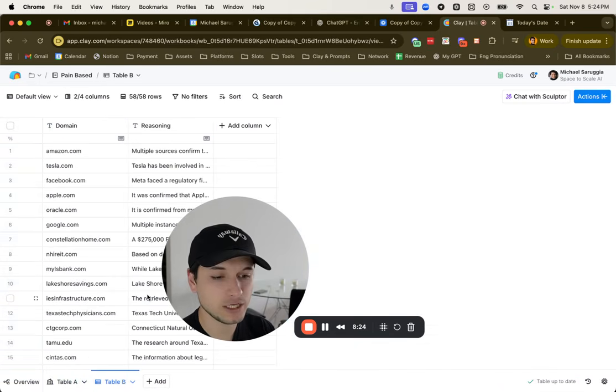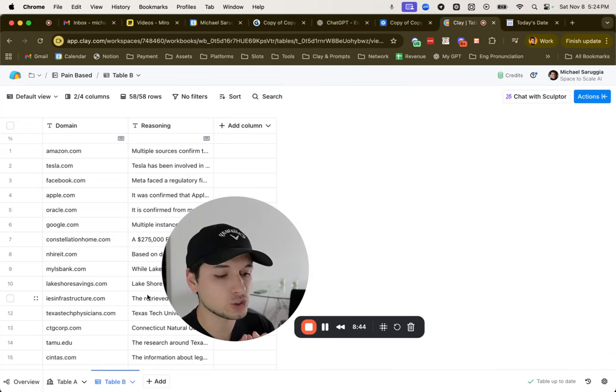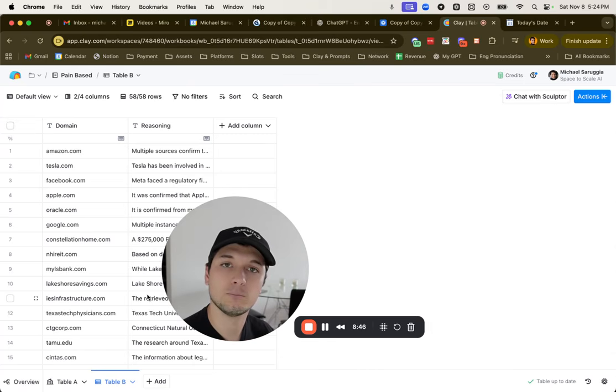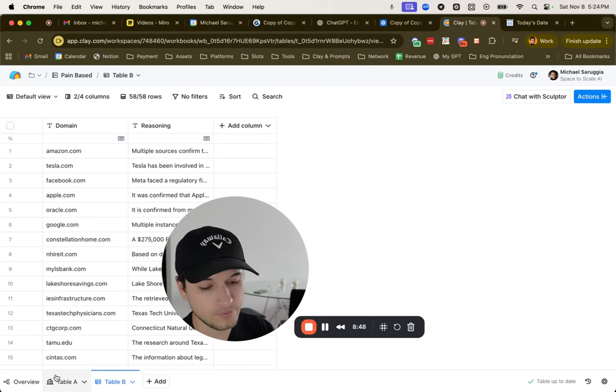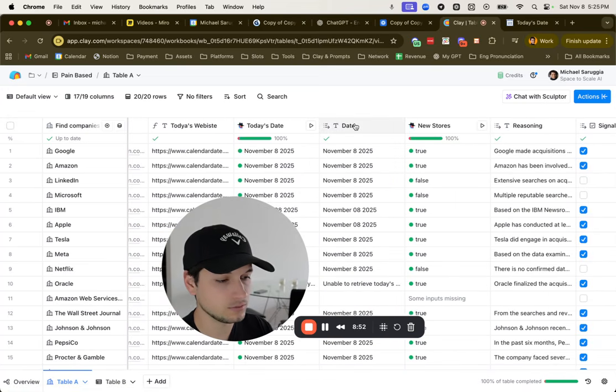And in table B, basically from the domains, we can actually get the people. From the people, we can get only the relevant decision makers. We can get the emails. We can get the phone numbers, maybe sending a gift, maybe sending direct mail, maybe sending whatever, because it's super high intent. Something specifically happened in those accounts. So I really want my account executives or SDRs to actually prospect on the channel. Okay? And you can save this as a template if you want.